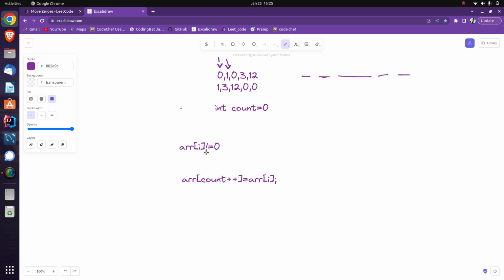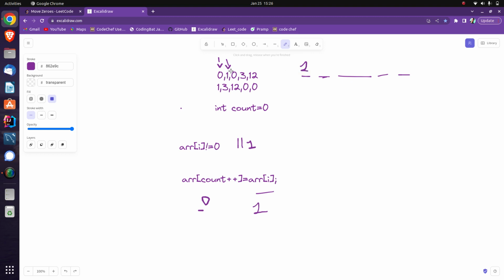We are checking that this value is not equal to 0, and the value here is 1. So array of count plus plus means first it will be 0. So at the 0th index I am placing array of i, meaning the value 1. So first I am placing 1 here,